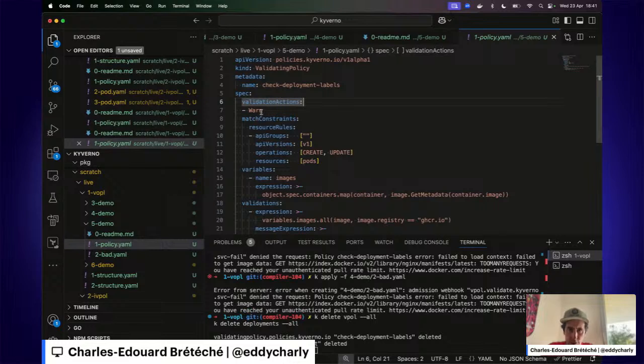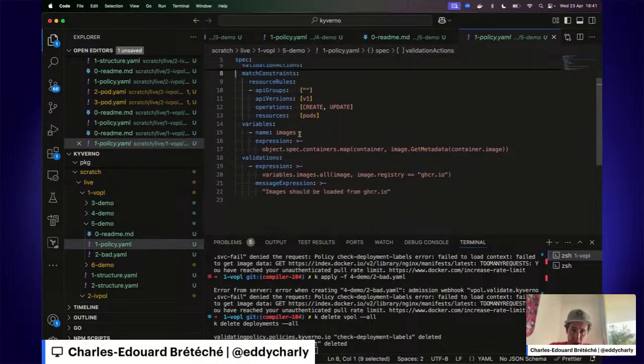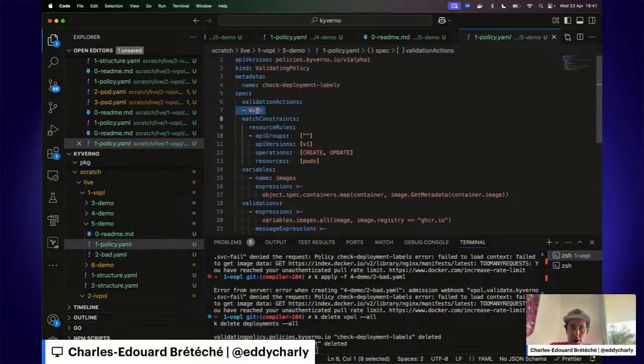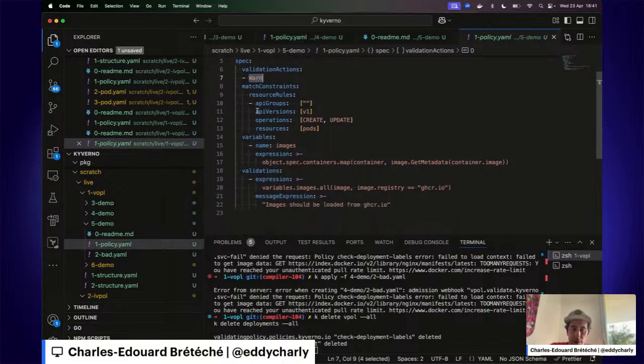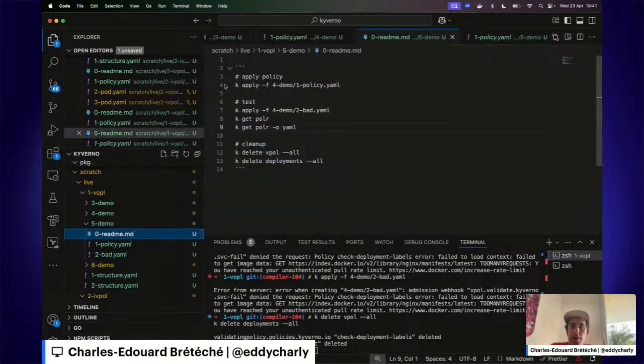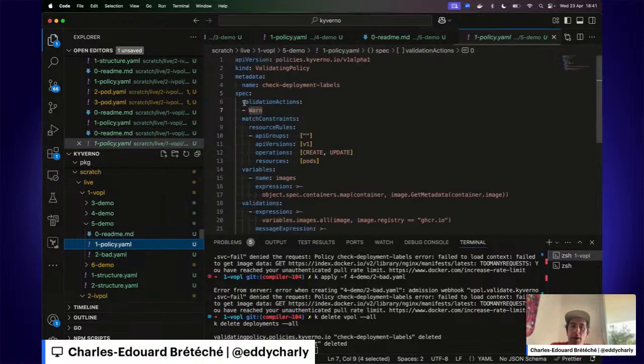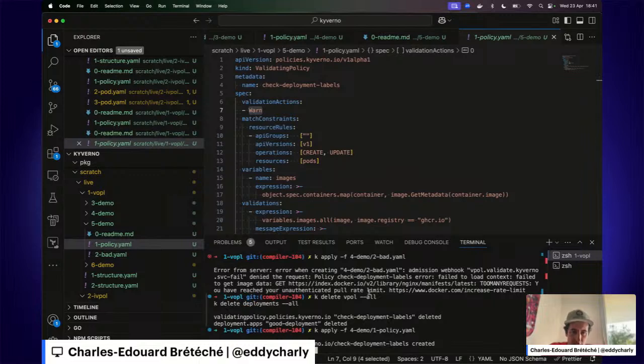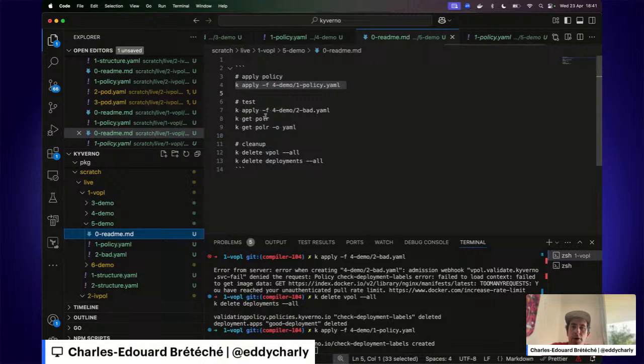So that's what we're going to do here. Instead of denying the resource when the validation fails, we are just going to return a warning and then audit the different results. If we just change the deny to warn in the policy definition, this time it's not going to reject the resource. The resource will be created.